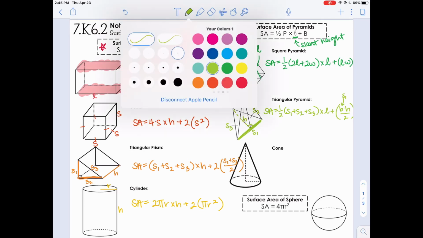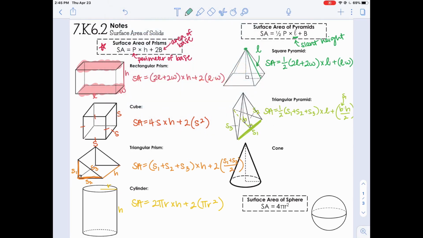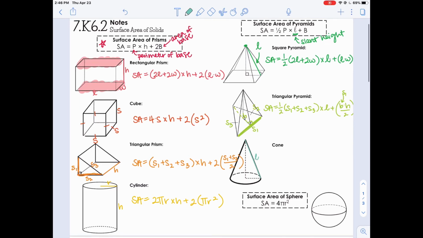Okie doke. Last but not least, let's take a look at a cone. Again, we need the slant height, not the vertical height this time. We need the slant height. That is what we call L. We're going to take a half times